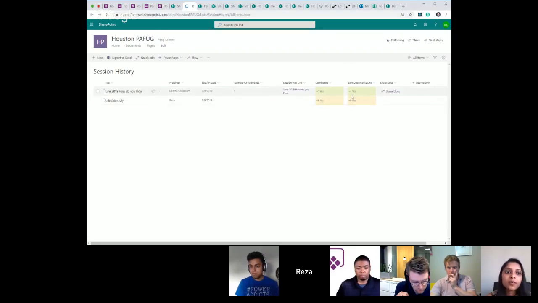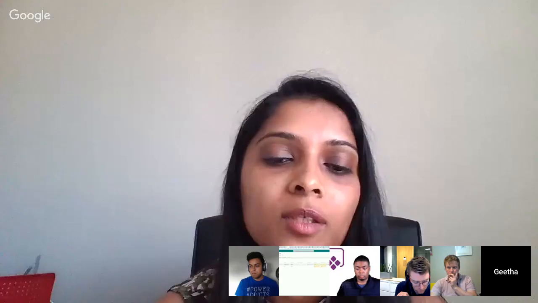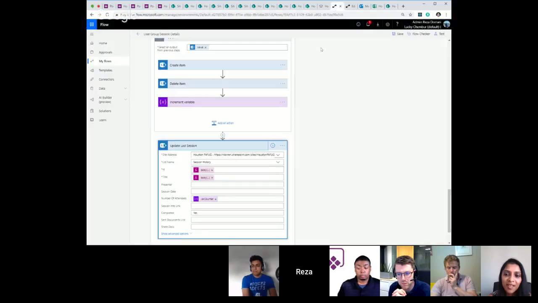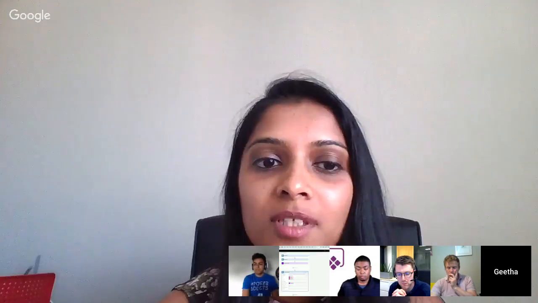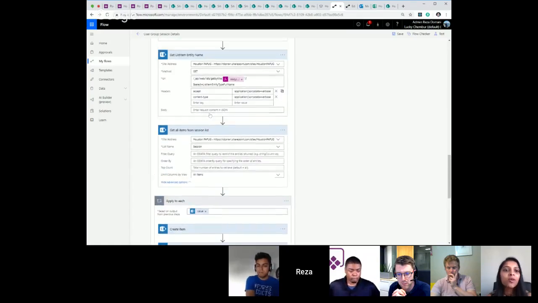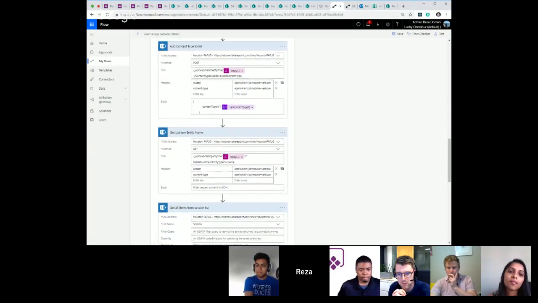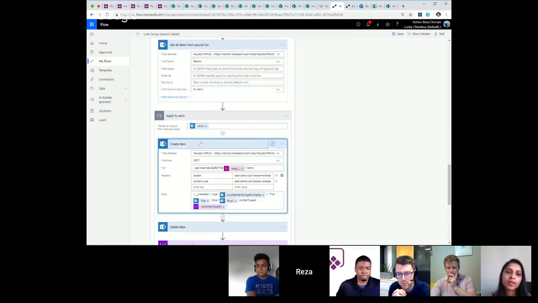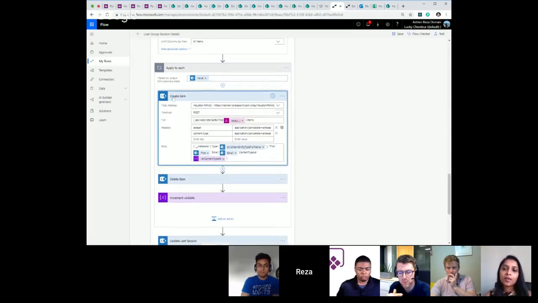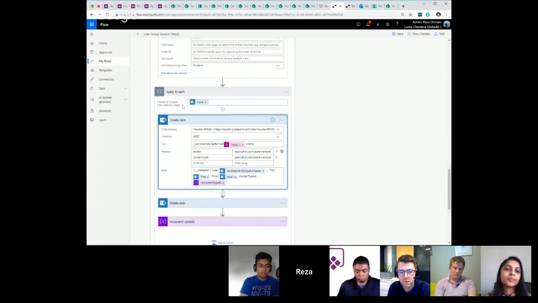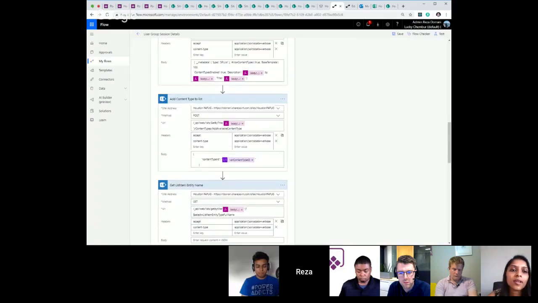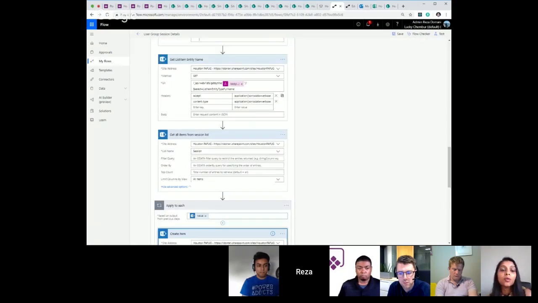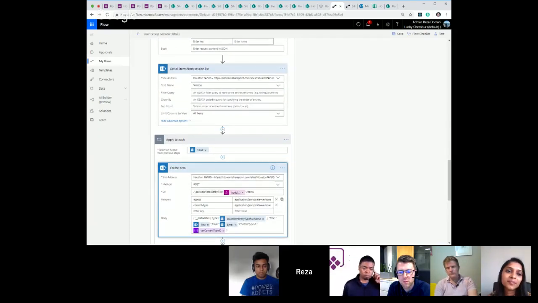This flow might look simple at first glance, but there's a lot going on in that flow, purely because most of the actions are not yet available in Microsoft Flow. I know many things are becoming available slowly and steadily. There are new actions coming in, but most of these actions, like creating items, I'm doing them dynamically. So I couldn't use the standard create item option in Microsoft Flow because you need to pick a list, and my list is being created on the fly in the flow. So that's the reason why I'm using the REST API endpoints in almost every case here.